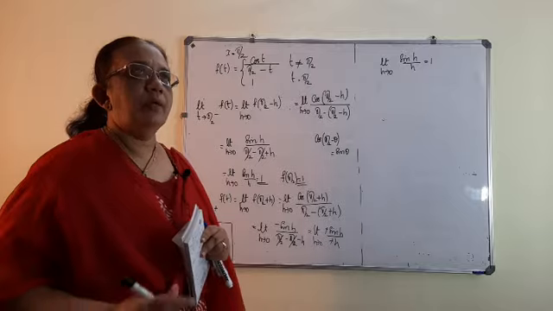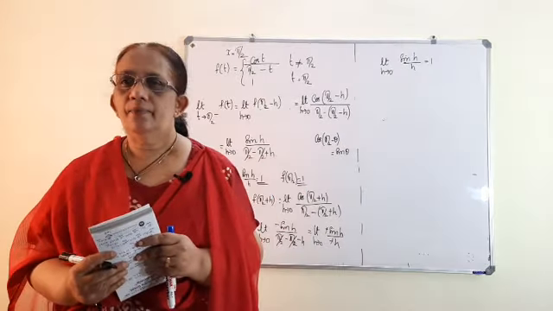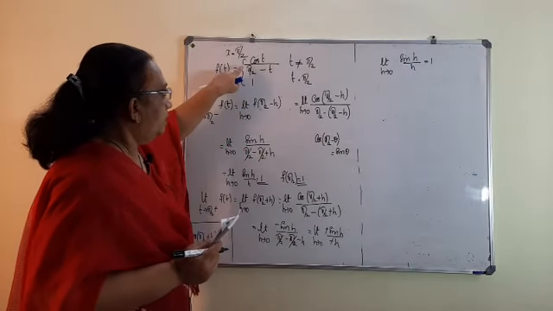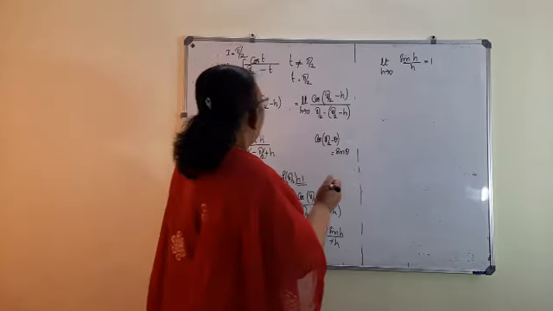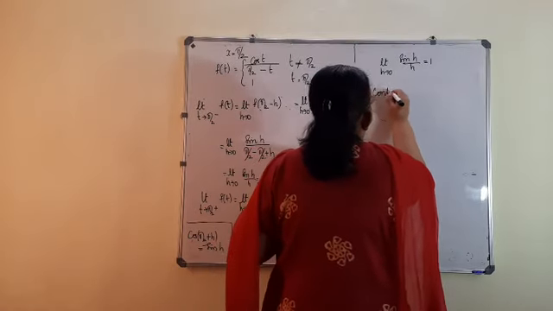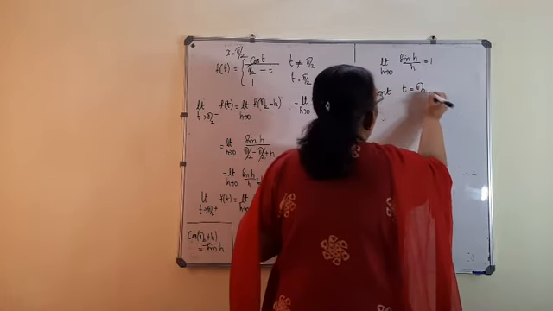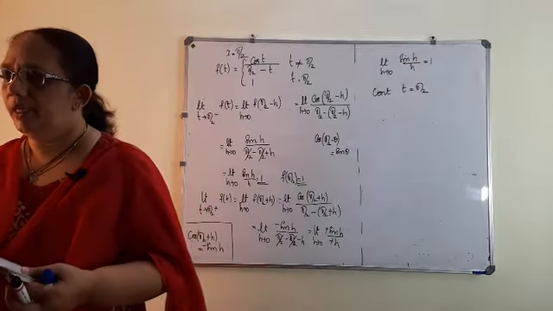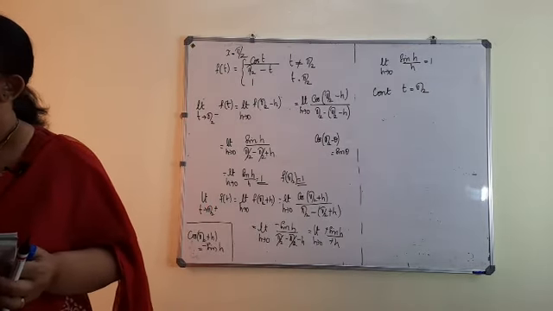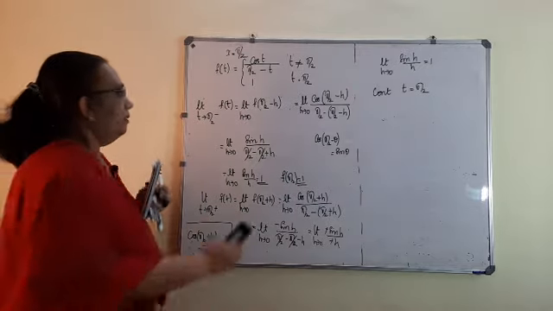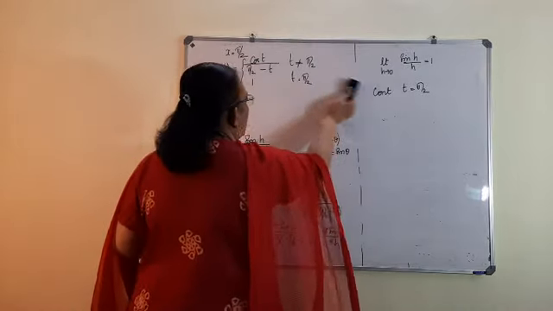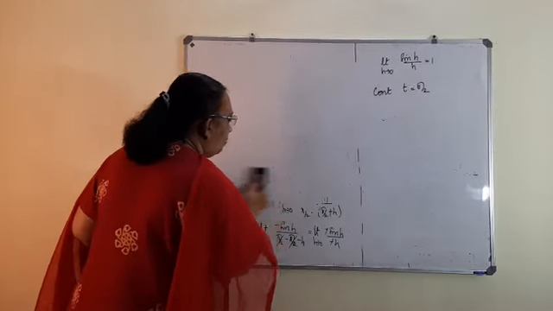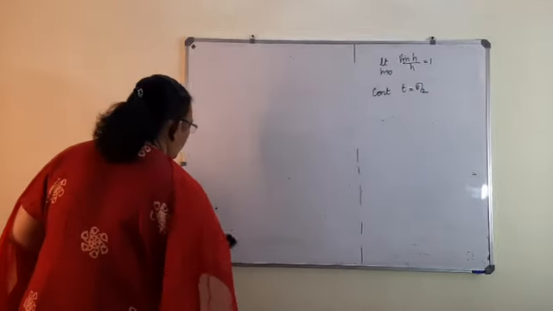Therefore, the value of the function and the limit are all equal. Therefore, the function is continuous at the point t is equal to pi by 2. So, in this section, that is at a point and in the interval, I have discussed some questions. The rest of the questions are similar in your textbook. You can discuss. Now we move on to the second section of this type.